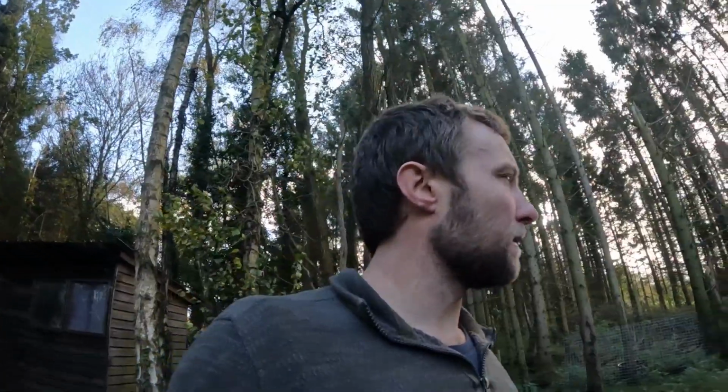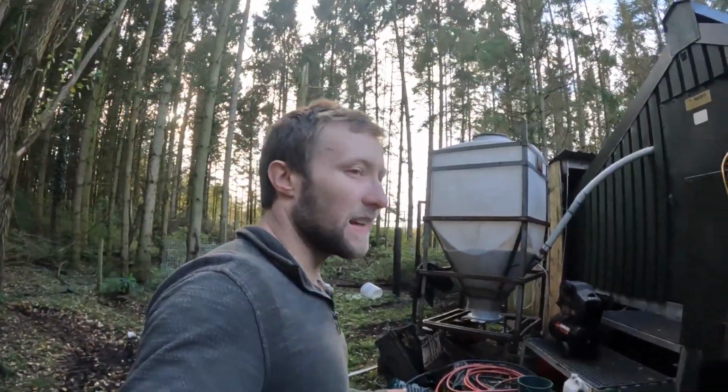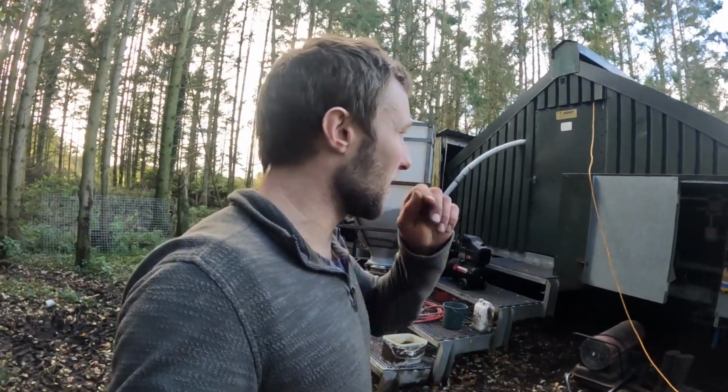Yeah, the hens are in now. And we got them unloaded, which went reasonably well, I think. He wasn't the fastest bloke for unloading, but we got them all in. But he turned up early, didn't normally come till after lunch, so I wasn't really prepared, so I had to quickly get everything out of the shed, get the heater on, and I had no food, and I was on my own, so I had to stop and help him unload the chickens for an hour, and then once he'd finished I went and got some food